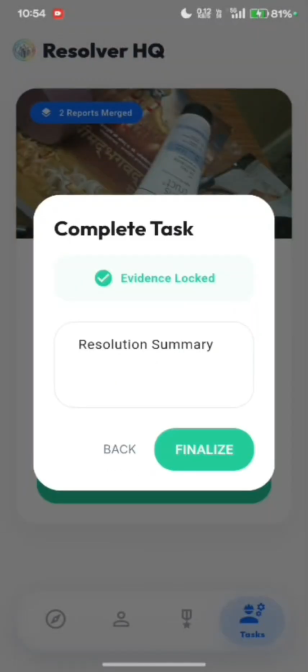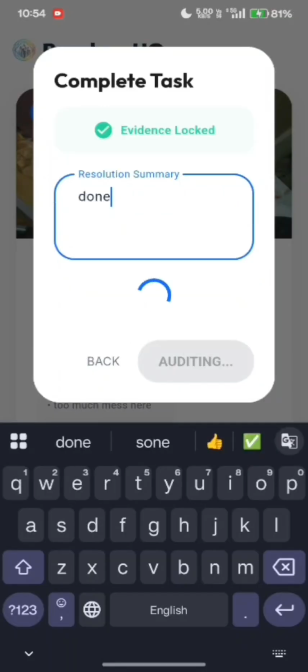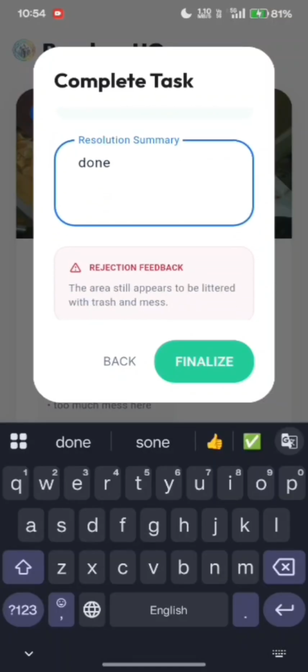If they submit incomplete work, our AI auditor checks the authenticity of the work, and only if the work is satisfactory is the resolver allowed to finalize the task.